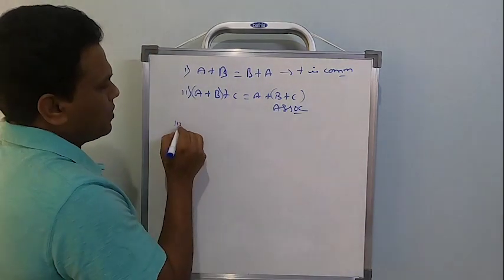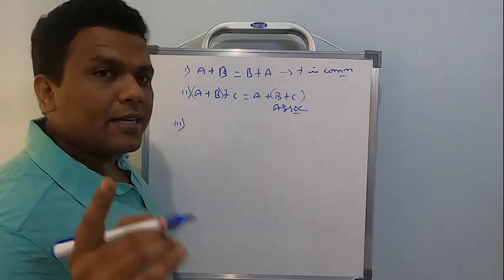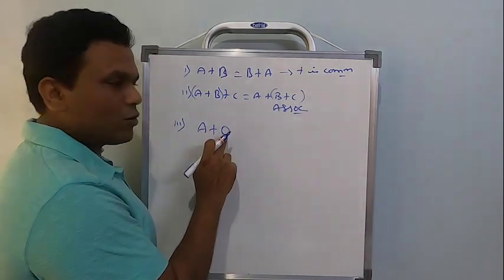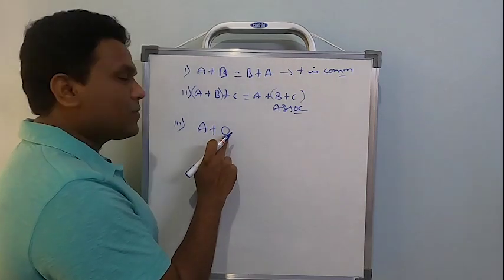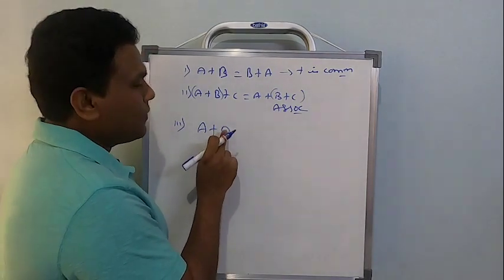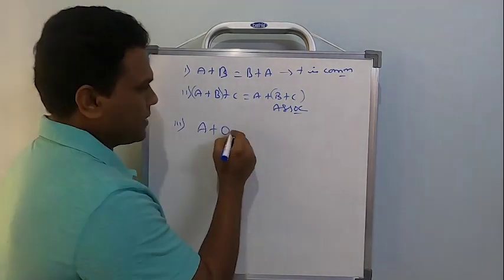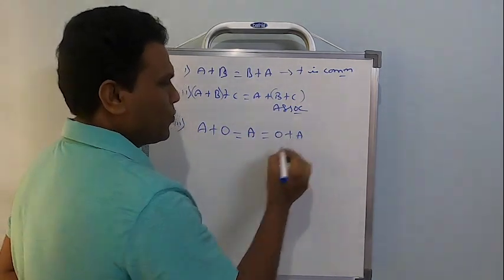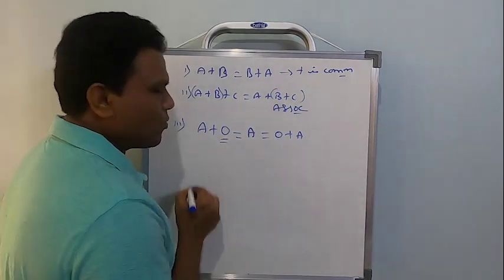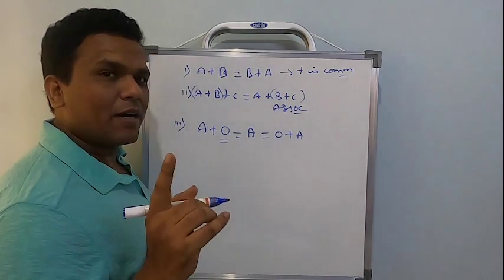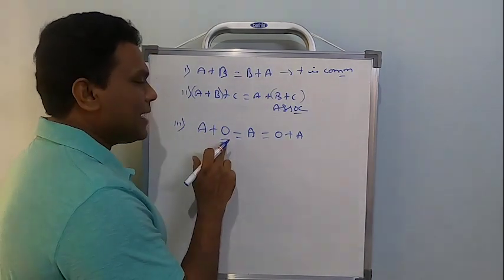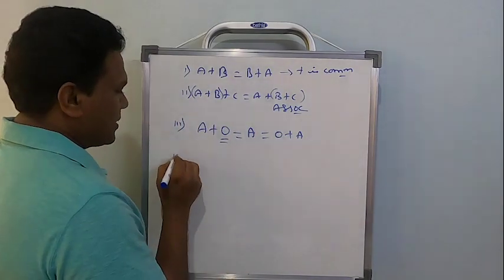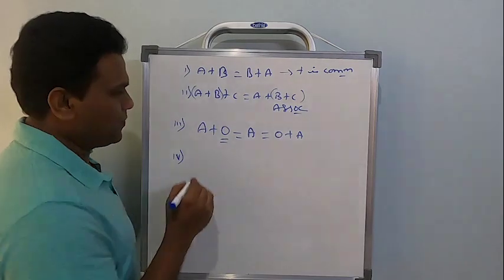Okay, the next. Whenever I add 0 matrix with any matrix, O, this is not 0, this is O, right? This we call as 0 matrix. Whenever I add 0 matrix with any matrix, I am going to get back the same matrix. And I hope you remember this. Then 0 matrix will be called as the identity matrix. Sorry, 0 matrix will be called as the identity matrix under addition. Now the next one, fourth one, inverse.